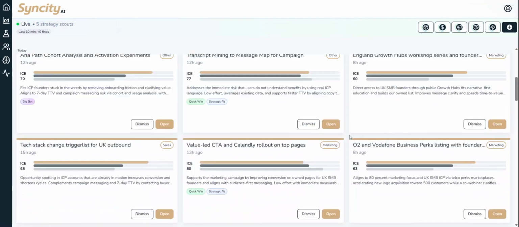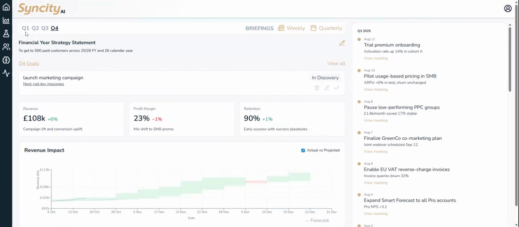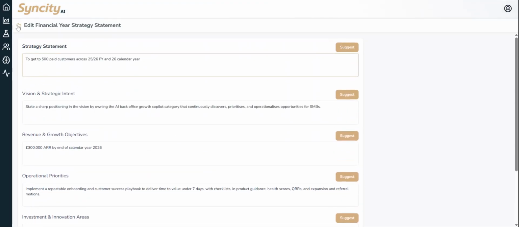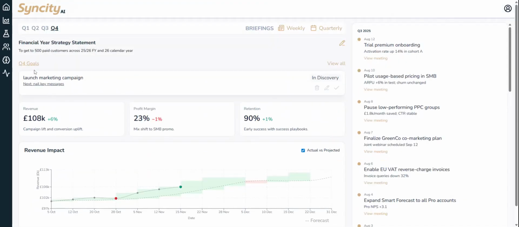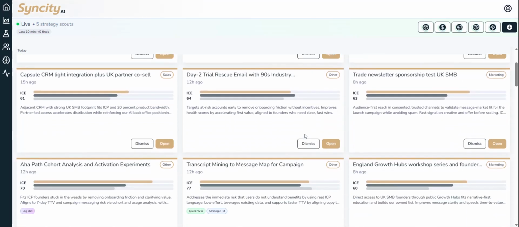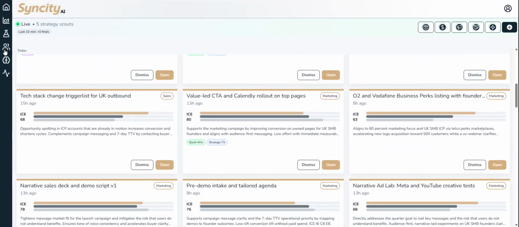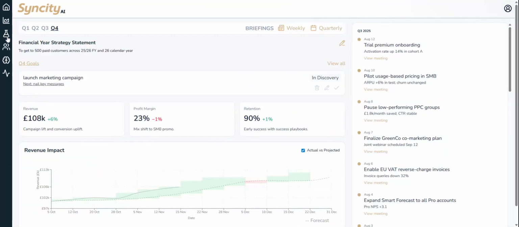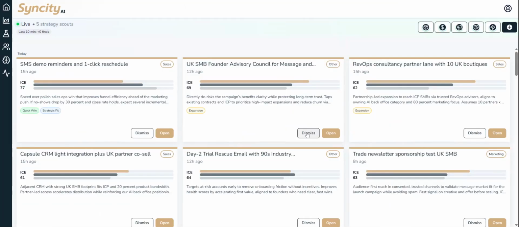And all of this is based off very limited information. Within the strategy room and the performance room, all we've really done is said we want to get 500 customers. There's a bit of a one-line strategy in each of these areas that it's learning from. And in this particular example, I've only got one goal to achieve. So it's taking that information and saying, okay, what are the best opportunities that we can find for this company, going off finding them, and then writing it up as a full opportunity and proposal. Then you'd pass them into the team room to make sure that they're assigned to someone and that we do follow through. Anything else can just be dismissed as not relevant.